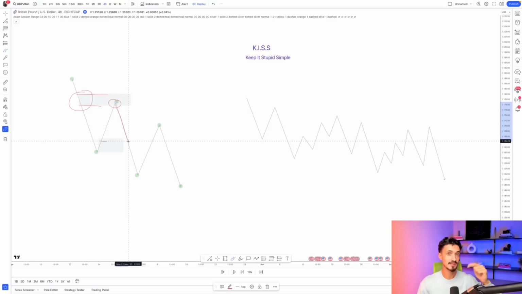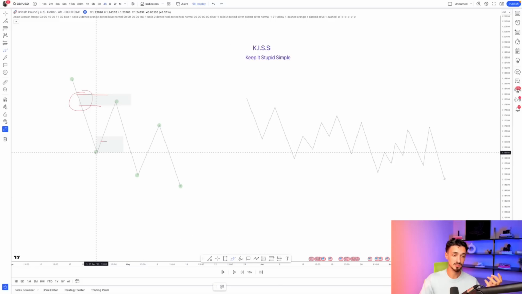Now, if our directional bias is going lower, and that means that the market wants to take the price lower, those in control of the market, so the banks, want to take price lower. So what they do is there is an excess of supply orders against demand orders. So when you meet an area of supply and they come in, when it gets time to go to the demand area like this, there may be some interaction, and then price just continues going lower. The reason for that is because there are more sell orders than there are buy orders, and it's just simple supply and demand economics. So then price breaks structure,